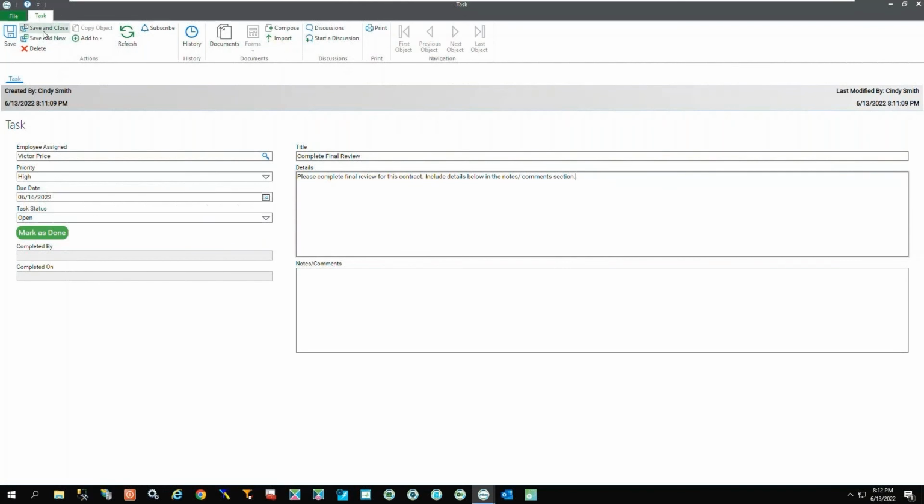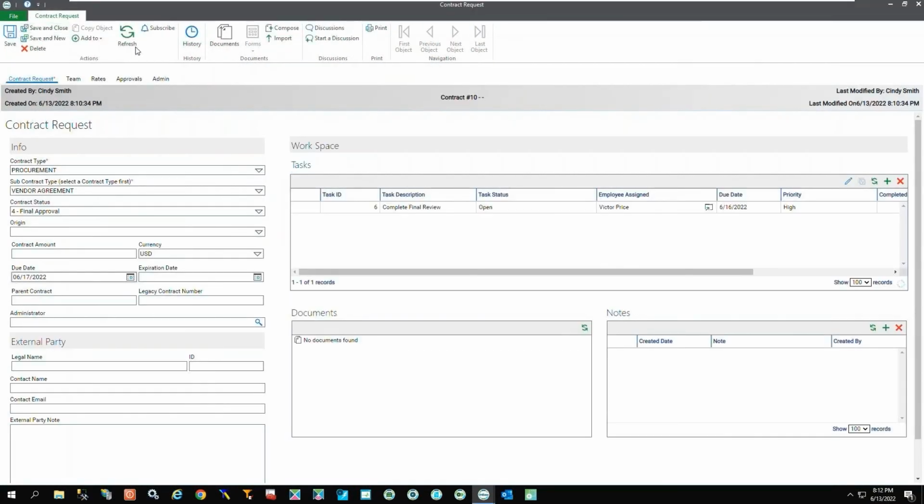And then you can go ahead and save and close. And it pops up right there in that task section.